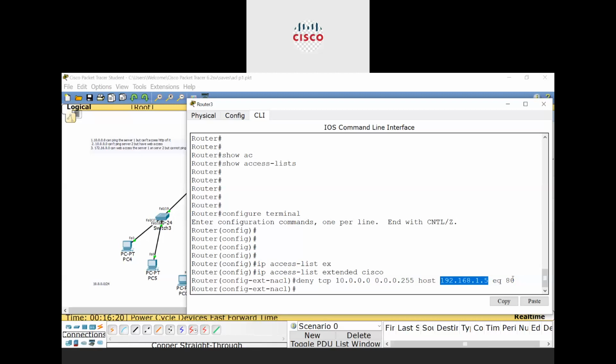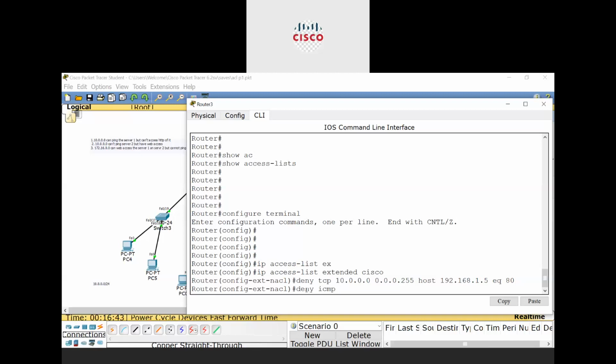Okay, so that is the first rule, to deny. And then the second rule: deny the ping. So deny ICMP. Guys, we all know the ICMP protocol is used for the ping command.